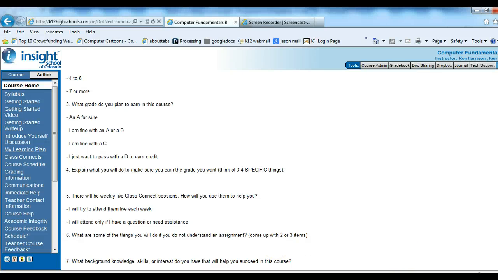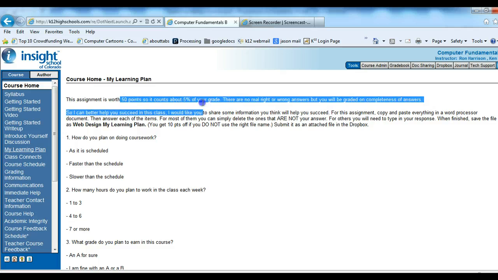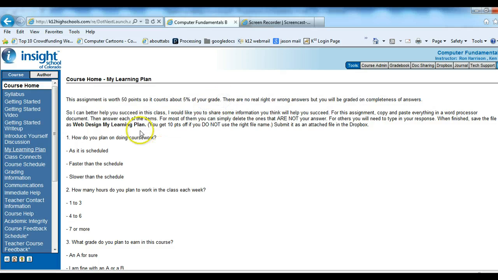Finally, number 7 down here, of course, this is going to be individual. What background knowledge, skills, or interests do you have that will help you succeed in the class? So it's really easy to answer these. Again, worth 50 points. And once you answer these in your word processor, you are to save the file,